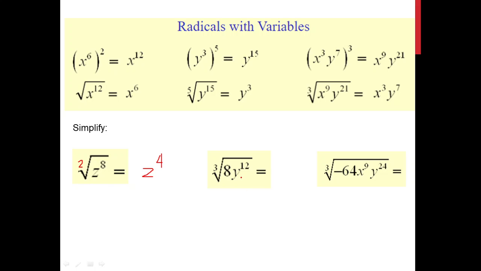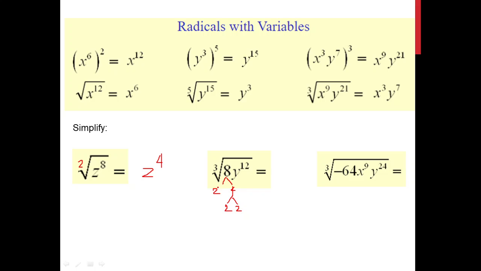Now the next example here is the cube root of 8y raised to the power 12. Now notice here that we already have a numerical coefficient inside the radical. So let's process this one term by term. Let's process first the 8. Following the previous example that we have, simplifying this one is simply dividing it by 2. Since 8 is an even number, we can divide it by 2. 8 divided by 2 is 4. 4 divided by 2 is